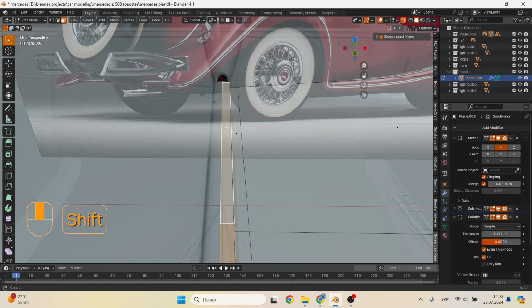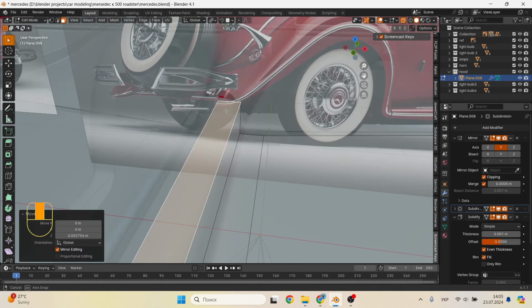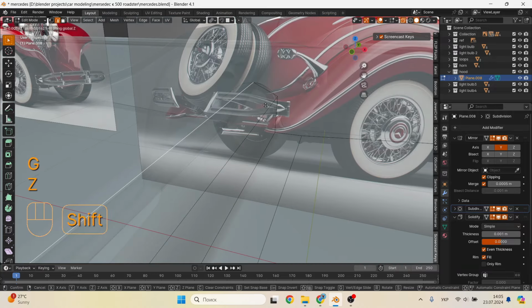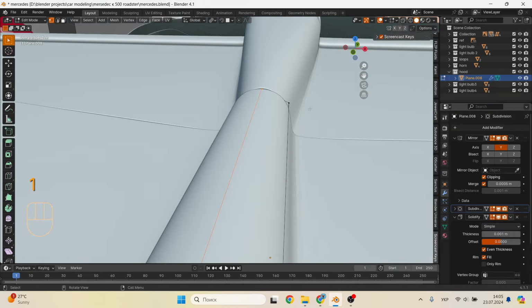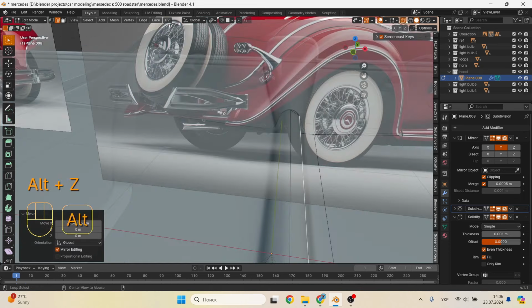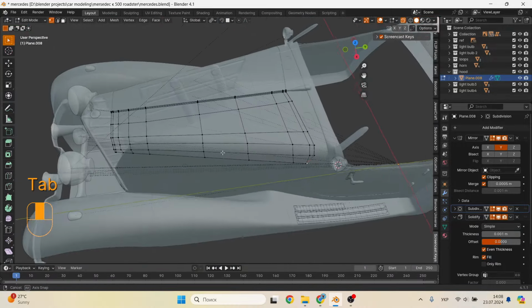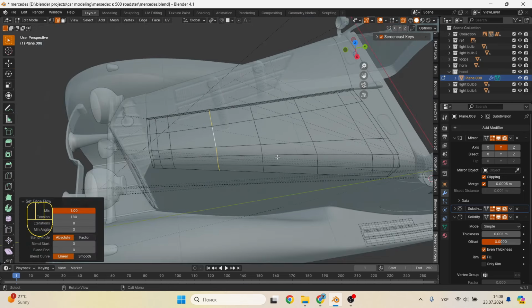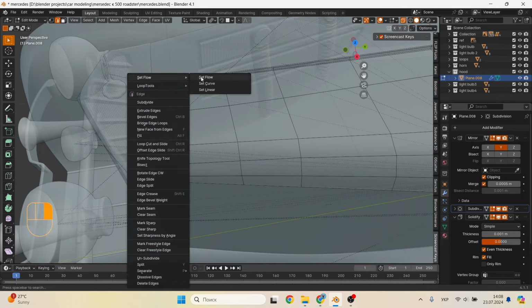With the Alt key pressed, select the upper face and make it as similar as possible to the molding of the glass frame pillar. Then, with the Alt key pressed, we correct its edge. Let's go to the top view and correct the edge of the entire hood. With the Alt key pressed, we select those that are out of place and use the edge flow tools on them. It places them in the middle between two adjacent ones. This relieves the tension in the specific faces of the topology.